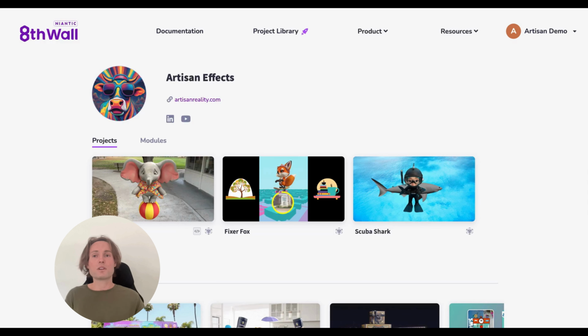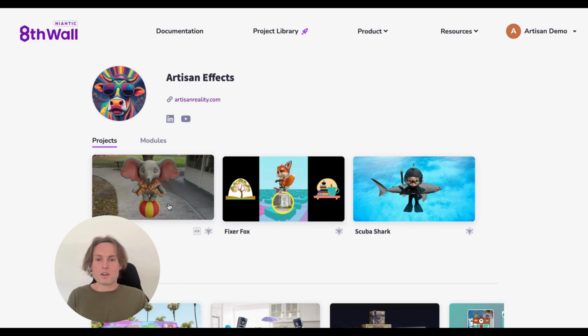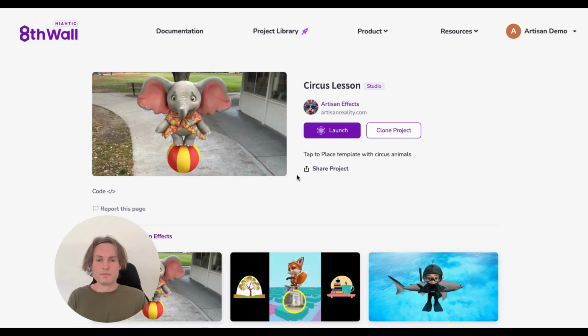So to get started, we will log into Niantic 8th Wall at 8thwall.com and then go to 8thwall.com/artisaneffects, and that is one word. We will go to Artisan Effects and click on the circus lesson template. So then we want to click clone project,